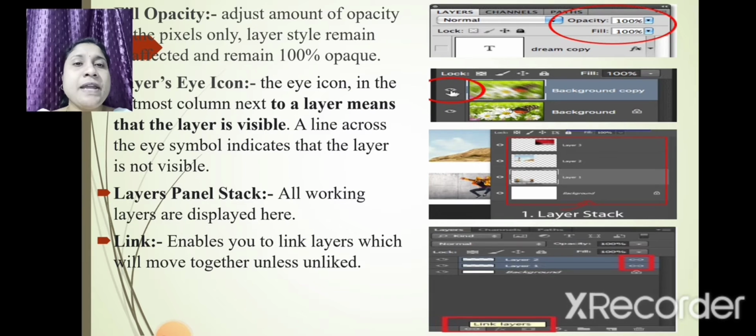Then the layer panel stack. All working layers are displayed here. So you can see in the image in which layer you are working and how many layers you have opened. Okay, so all this you can see here. Like you say layer 1, layer 2, layer 3, layer 4, these are all nothing but the layer